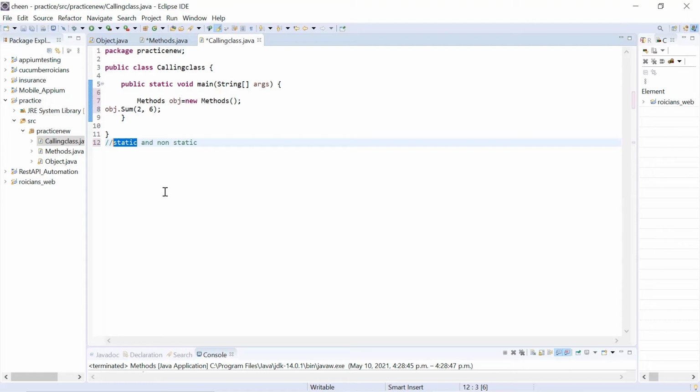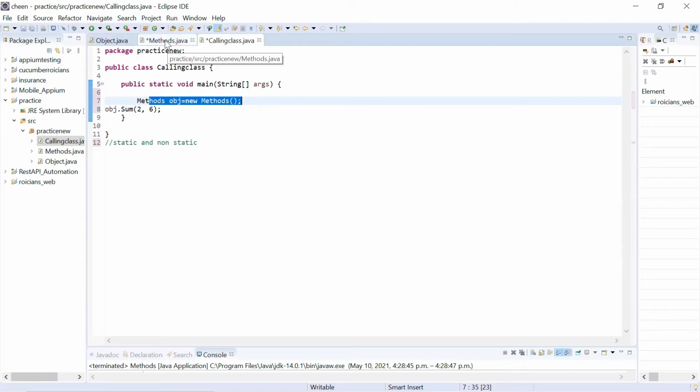So like we know, till now we were calling any method with the help of an object and its reference. But if anything is declared as static, you cannot call it with the object because it now belongs to the class, not to the instance. Non-static methods and variables belong to the instance, that means the memory area, objects, whereas static variables and methods belong to the class. That means if you want to call them, you cannot call them with the help of objects. I'm going to show you an example for the same.